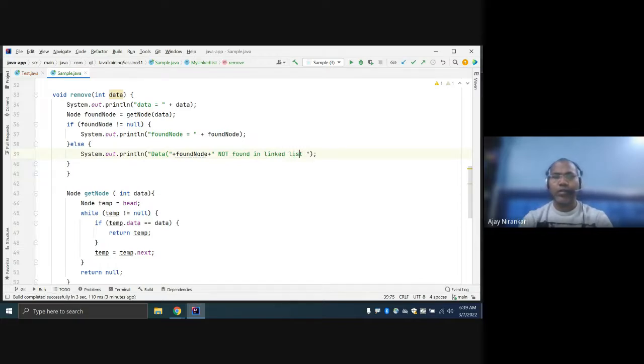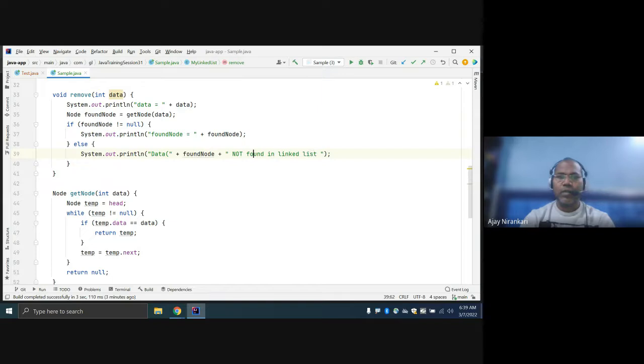Okay, there are two scenarios: whatever the user wants to remove, that node exists in the linked list or does not exist. If it does not exist, just give a message that data not found in the linked list.